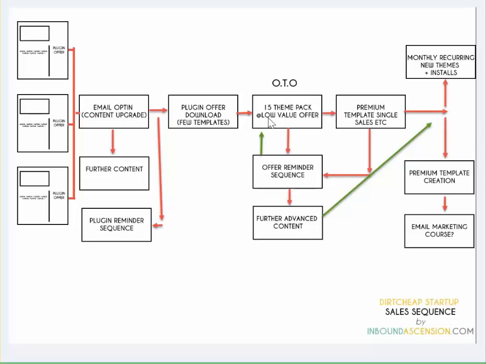So now you've got them in there and they start to see the value and they start to see the advanced content. The chances of them buying a premium template, like a one-off, or paying monthly recurring where they have access to all the templates and all the new templates, and you could have a team of people help install them maybe, you know. A lot of people are kind of, yes, I want to use lead magnets. Yes, I know email marketing is good for my business, but I'm not too sure how to install it. Turning on the computer is a bit of a pain, you know. If you could actually then say,